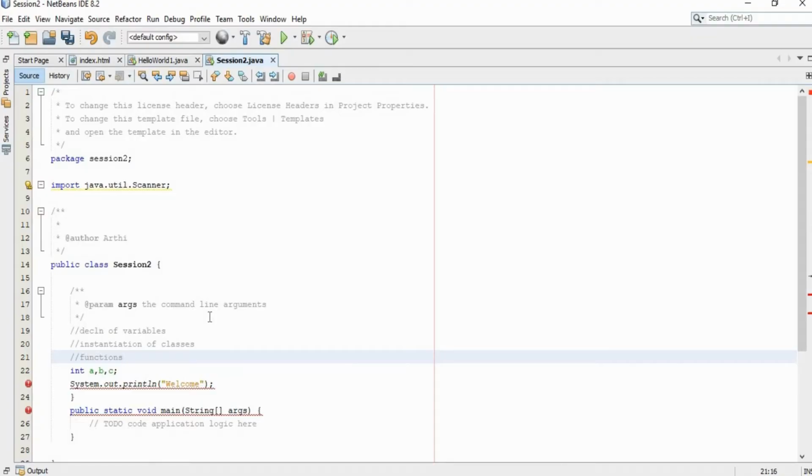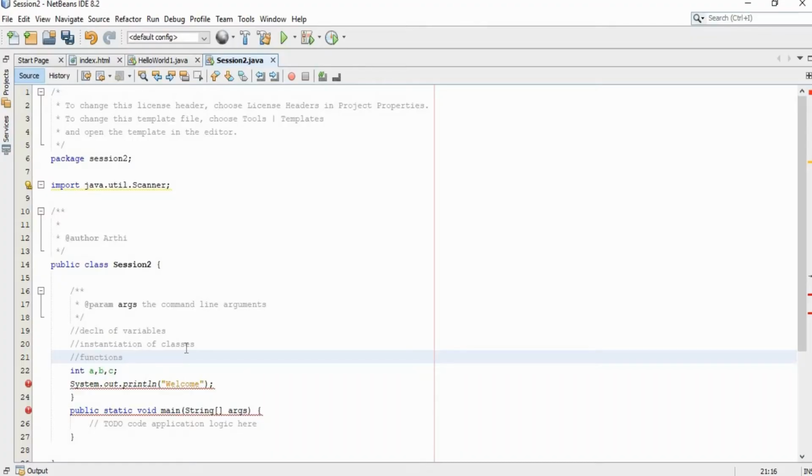This is important. When you provide a statement for reading an input or printing directly inside your class, it will show you an error like illegal start of type, which you can't recognize as a beginner. This is the reason for that error. So just remember, only declaration, instantiation and function statements can directly come inside your class.